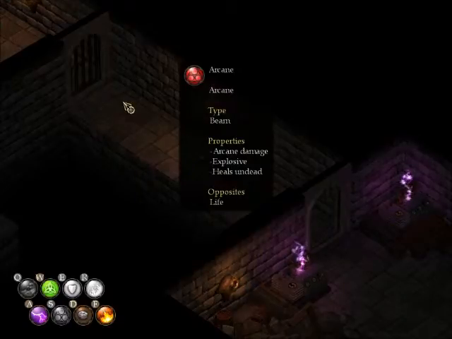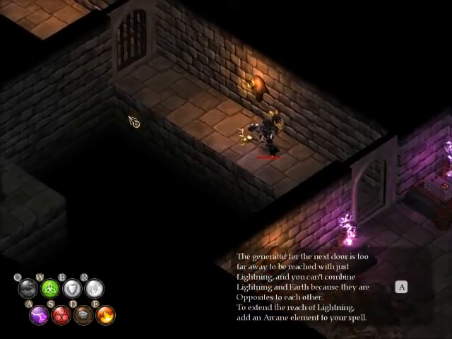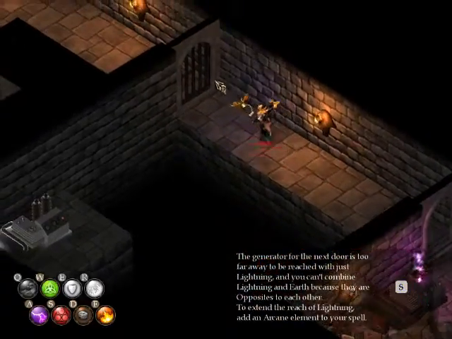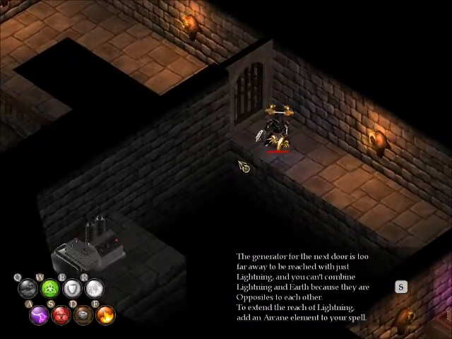So now that we have that spell, we can go a little further on. The generator for the next door is too far away. So we are in the same problem as what we had before when we were trying to light the